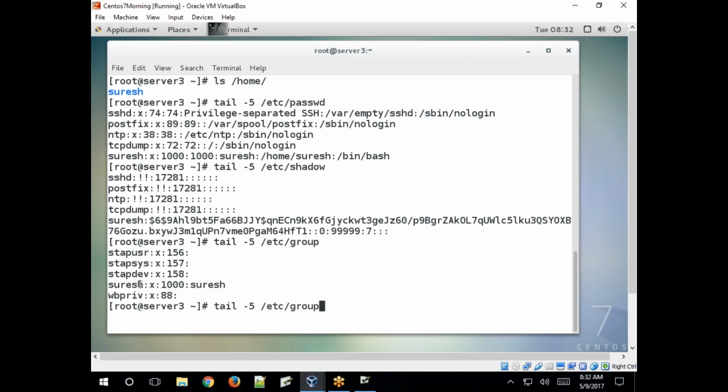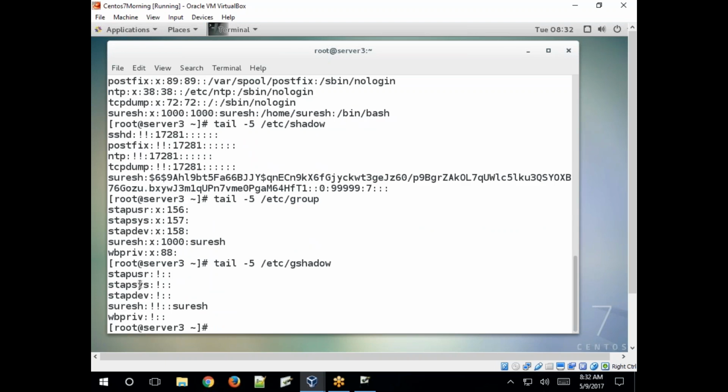And gshadow, what is gshadow? See, this has the Suresh group and Suresh user information. This is the password field. There is no password set on this group, so that is why it shows the bang operator. There is no password for the group account.